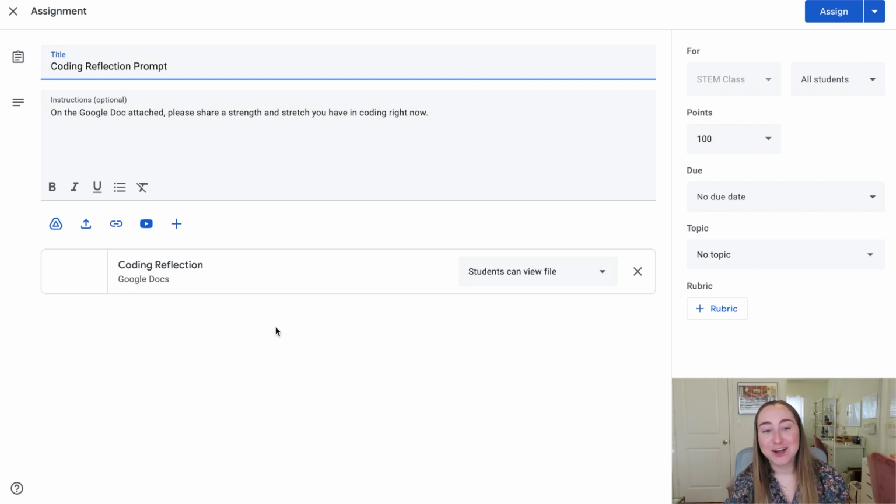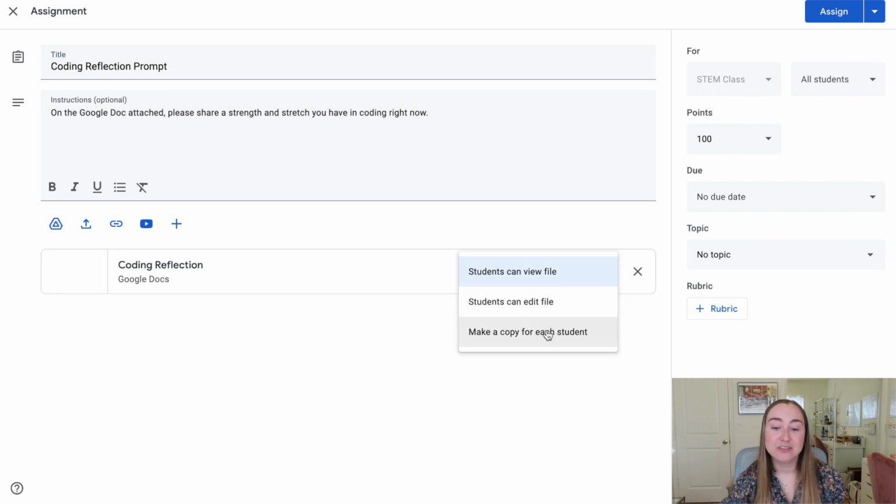Again, you might want to make the doc much more robust than I did, but I'm just showing you this as an example. Here it says coding reflection, and right here it says students can view the file. So if you have a file, let's say a reading activity that you want all of your students to be able to view, where there's one file that they're all looking at, you would choose the option that says students can view file. But for something like this, which is a reflection that you want students to be able to complete and edit, you can click on this drop-down menu and choose the option that says make a copy